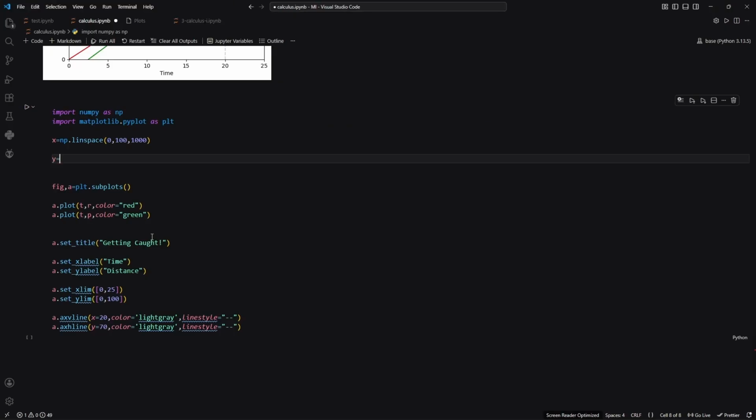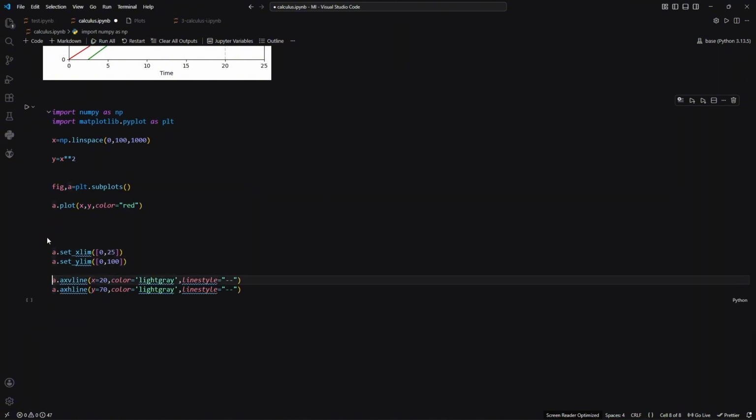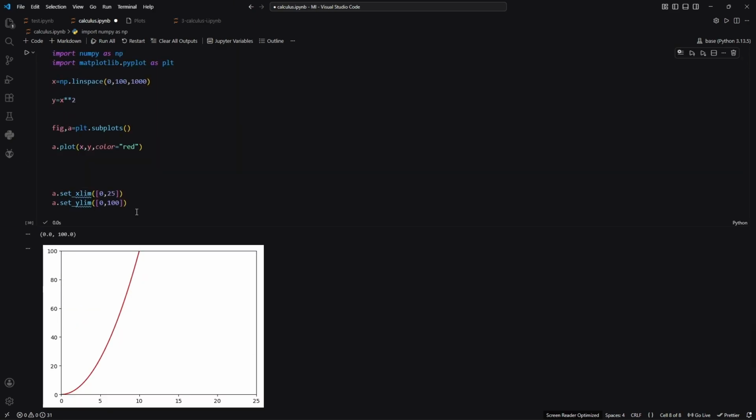Let's say y equal to x times 2, right? And I need to plot only one equation, which is x and y. I can remove all of this, and I don't need this here as well. Alright, as you can see,